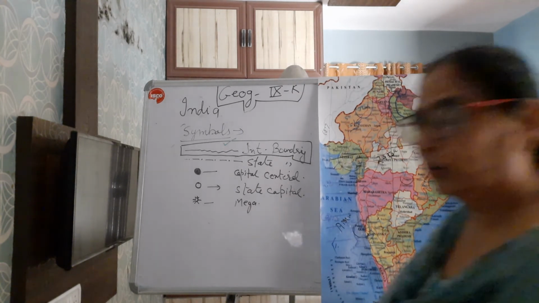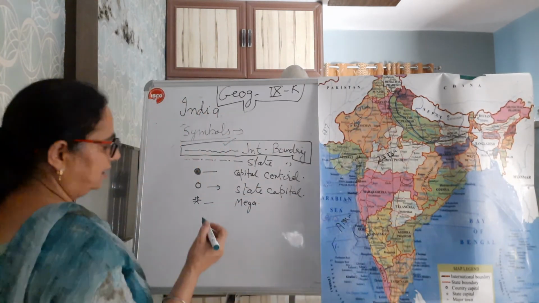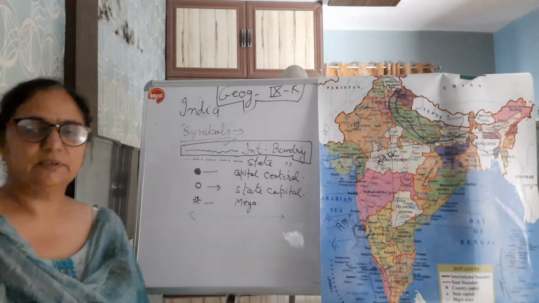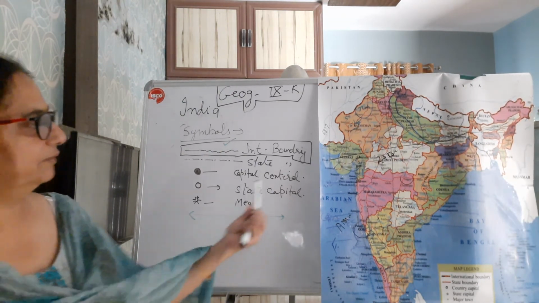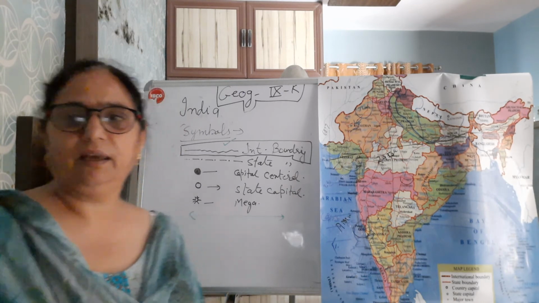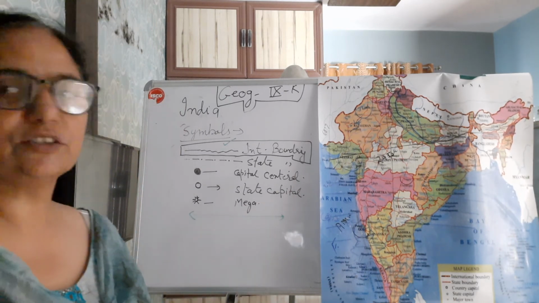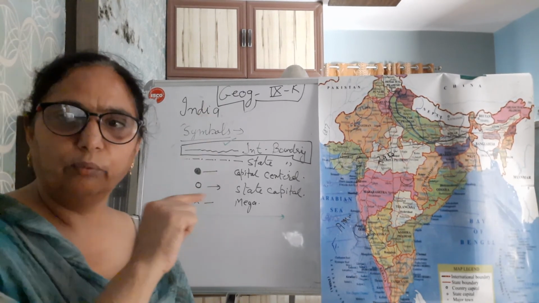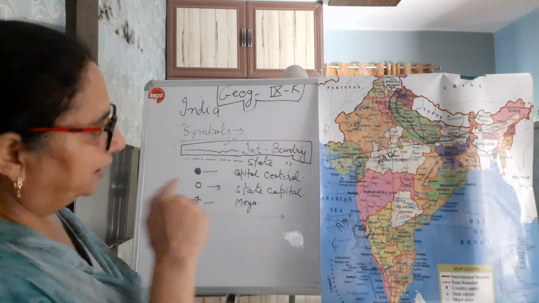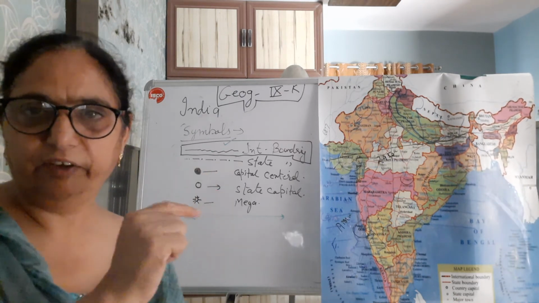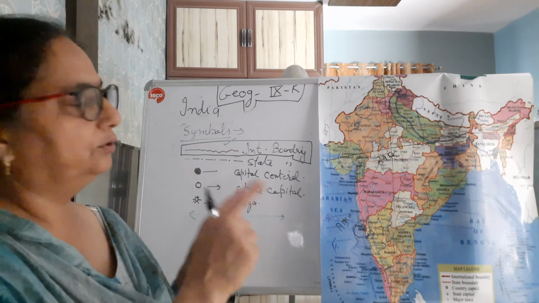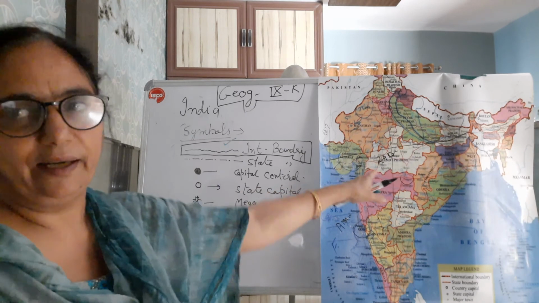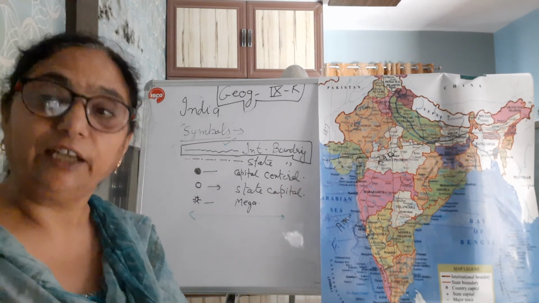Then note down your homework, you have to locate, or tomorrow sit with maps. I will try to give you this one. Do take care and revise all these things. Draw these diagrams in your notebook, one having the globe, latitudinal, longitudinal, then India's location and India's map, with the help of which you can locate the places, so that you can identify where India is and what the extent of India is.